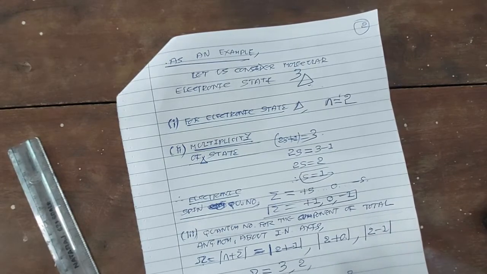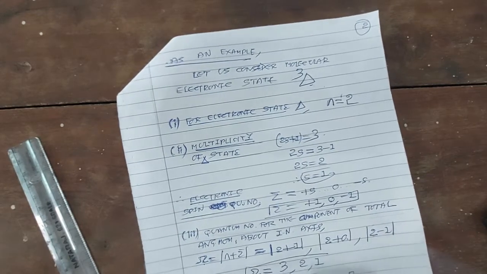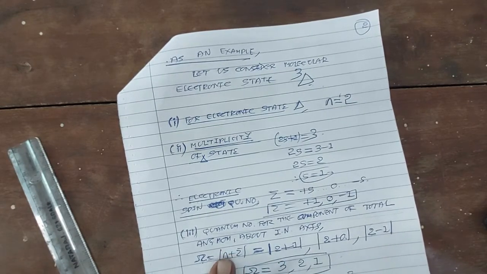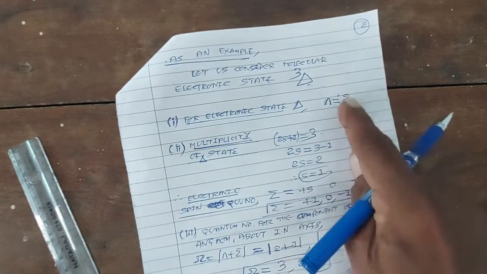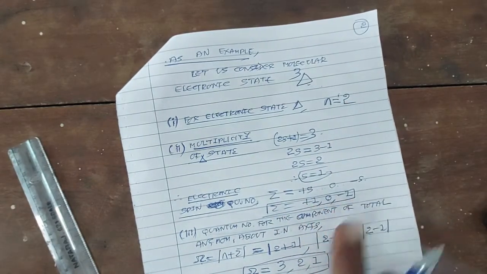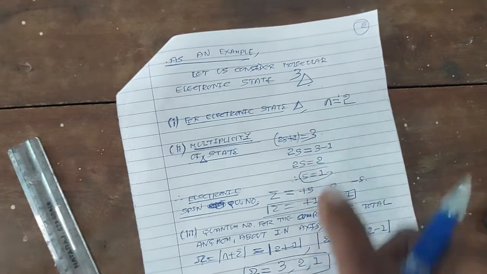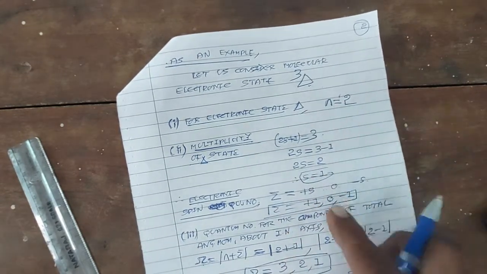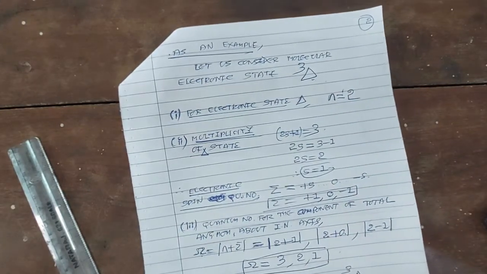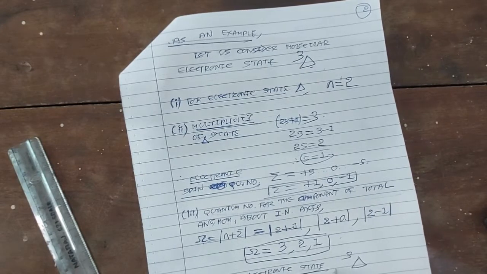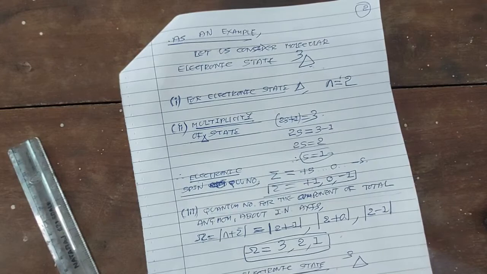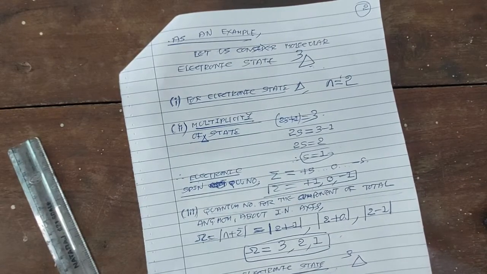So the values of the total quantum number will be 2 plus 1, that is 3; 2 plus 0, that is 2; 2 minus 1, that is 1. Right? So the total quantum number omega has 3 values. It is the sum of lambda plus sigma. For delta state, lambda is 2 and sigma has 3 values, 1, 0, minus 1. So you can say that electronic state delta is split into 3 different components.